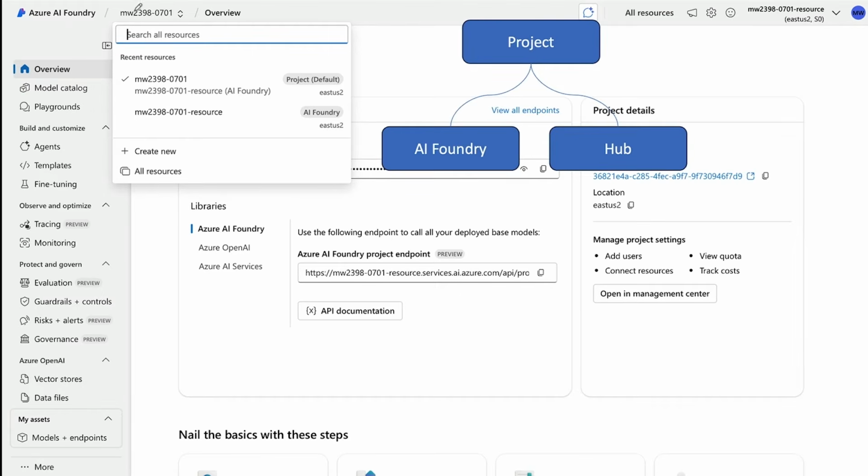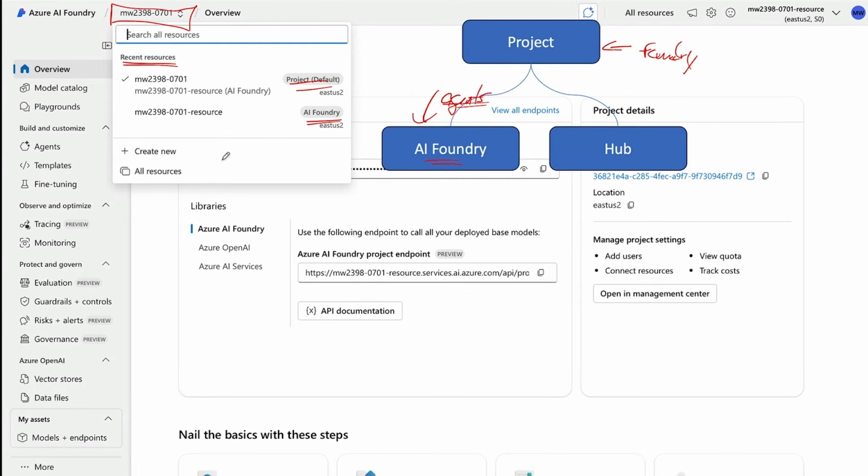Before I begin to navigate, let's take a look at one other thing I'd like to show you. Notice right here on our breadcrumbs, we have recent resources. So remember we said that in AI Foundry, we'll just call it Foundry, you know it's AI by now. In Foundry, we have this concept of a project, right? Well, what are the two projects we had? We said we needed a default project. There it is. And we said most of ours, because we're going to be creating agents, at least for right now, are going to fall under the AI Foundry project.